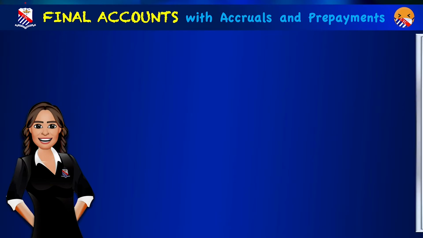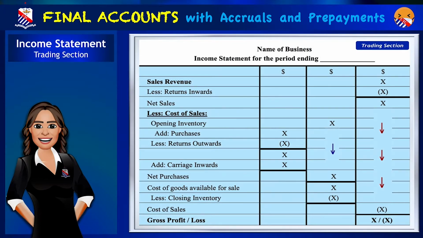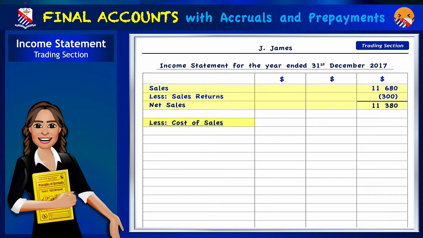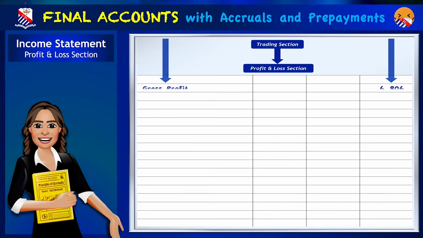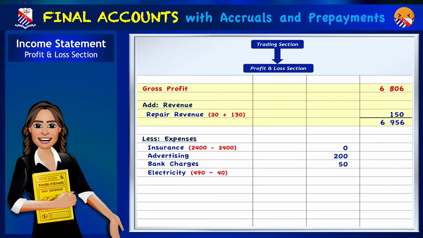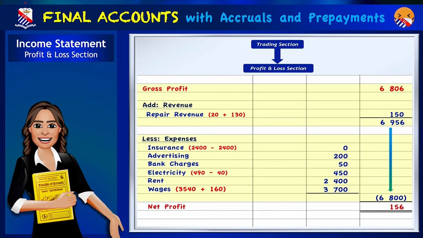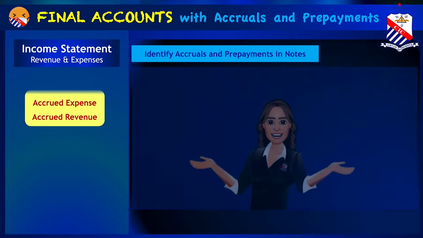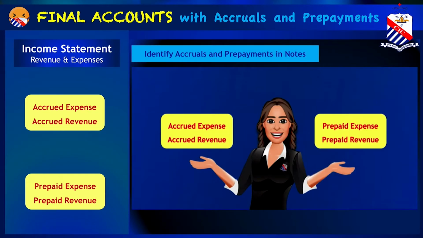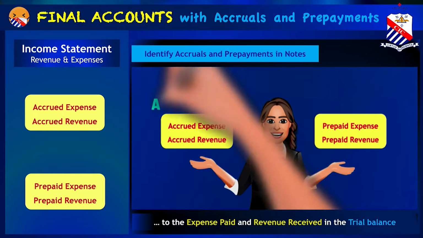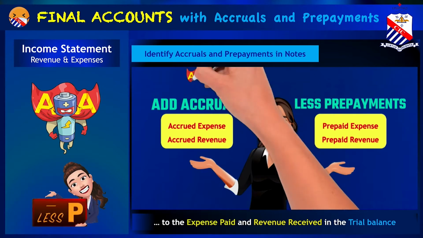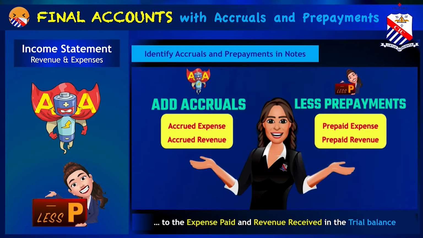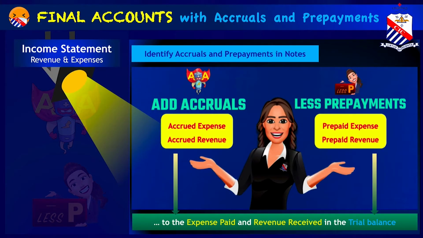The first is the trading account section, where you are required to memorize the format to calculate net sales, cost of sales, and gross profit. The second section is the profit and loss section, where you record your revenue and expenses, and the net profit is calculated. It is in the profit and loss section that the expenses and revenue are adjusted by adding accruals or subtracting prepayments. So to the expense paid and the revenue received in the trial balance, we add accruals and